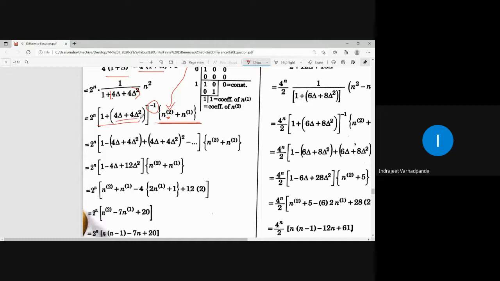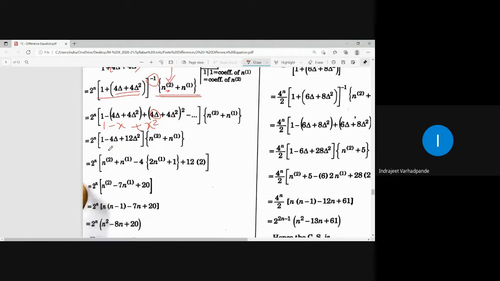तो पहला टर्म 1 plus x to the power -1 will be 1 minus x plus x square. Why will I write up to this? Because this first term will give you delta square. Other terms, the middle term will be delta cube, the last term will be delta to the power 4, whose values are 0. I am not concerned or bothered with that. So do the expansion, collect the like terms, term by term, operate one on the other terms.